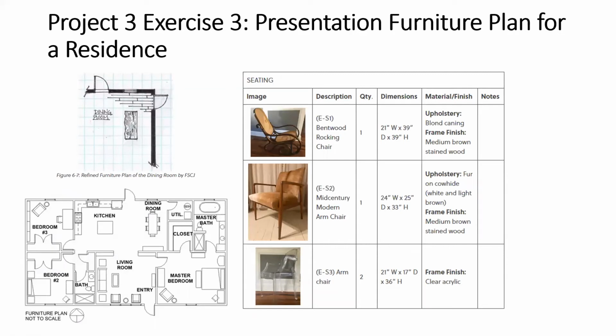Okay, for project 3, this is the presentation furniture plan for the residents. Now for this one, you're actually going to start to realistically reflect all the shapes and pieces of furniture within your floor plan accurately. So it's going to go from a furniture plan that looks like this, which is just kind of unrefined boxes that don't give a lot of information about the furniture pieces themselves, into something that looks like the selections. So we're going to get an increased level of realism and really beautiful graphics on this floor plan. So you're going to use the floor plan that you created in the preceding exercise.